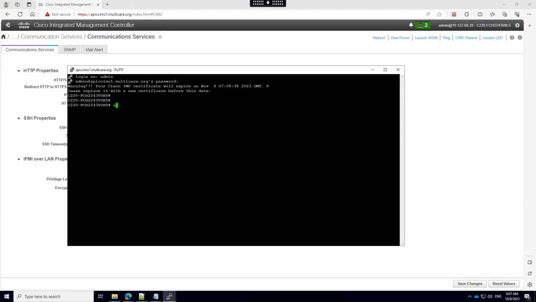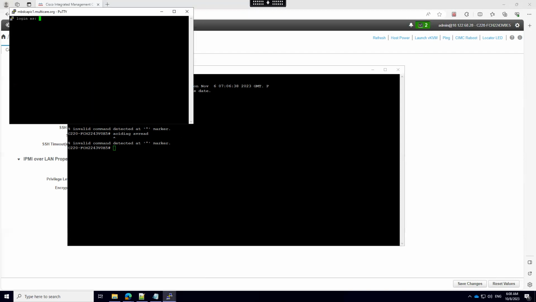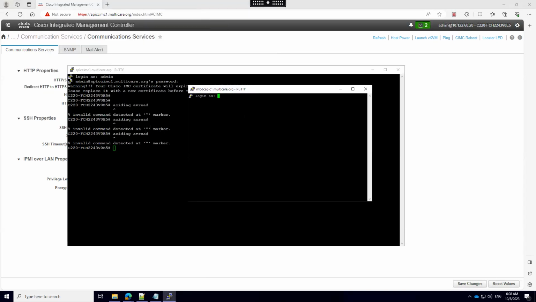If I say show me the configuration, AV read, ACI. I don't think AV read will work here. AV read, that's the issue. Okay, so what I will do here is log into the APIC itself and show AV read.